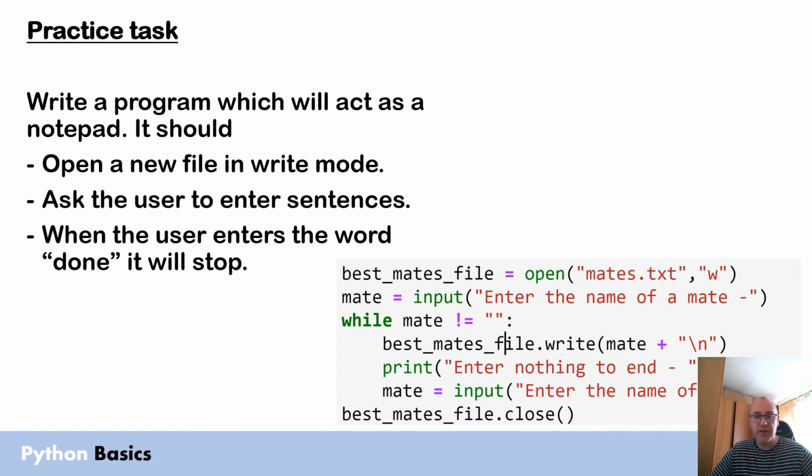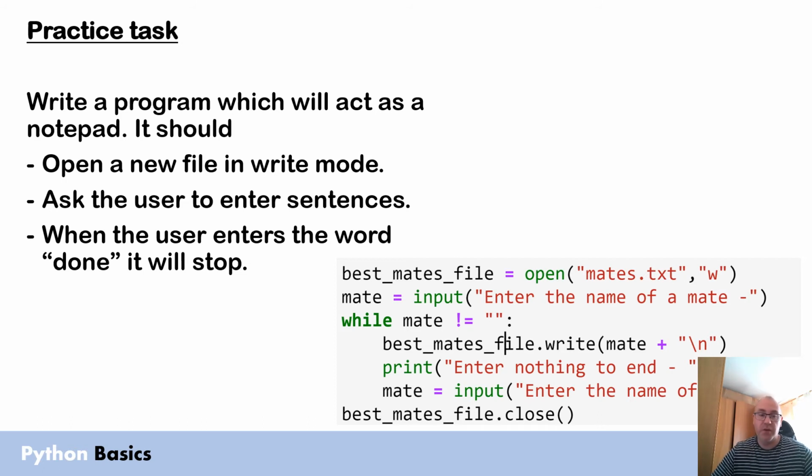Okay, so here's a practice task. You need to write a program which will act as a notepad. What I mean by that is, if you ever opened up a notepad in Windows, you open that program up, you've got a little white box, you can type whatever you wanted, just text, nothing fancy at all, and you can save it as a text file. So we're going to create our own version of that, but rather than being able to do editing, things like that, we're just simply going to enter one sentence at a time, press enter, and keep going until